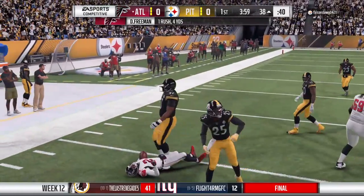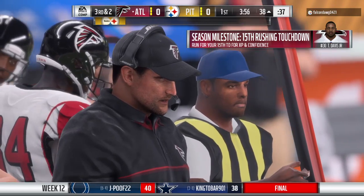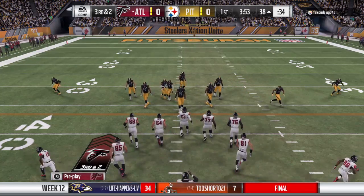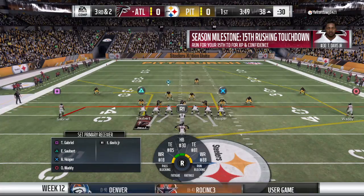And able to push his way forward here for a good little gain. Give him 4 on the carry, and it'll make this a 3rd and about 2. When you find that kind of yardage, you couldn't be more confident as a ball carrier. And guess what? You're going to go back and tell your offensive coordinator, I'd like to keep carrying it, thank